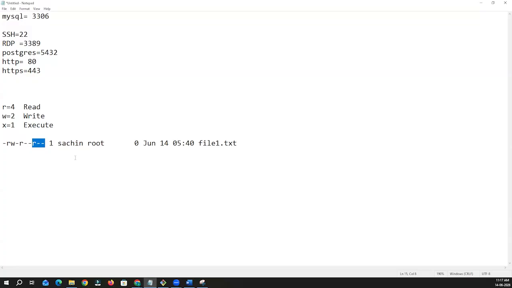Then someone who is present in a group, which group? Which group is assigned to file1.txt? Root group, right? Sachin root. So anyone who is present inside root has read permission on this file1.txt. And the rest, others who are not the user as well as not part of the group, have read permission. Got my point? Yeah. Now, if you want, I want Sachin to have, for example,